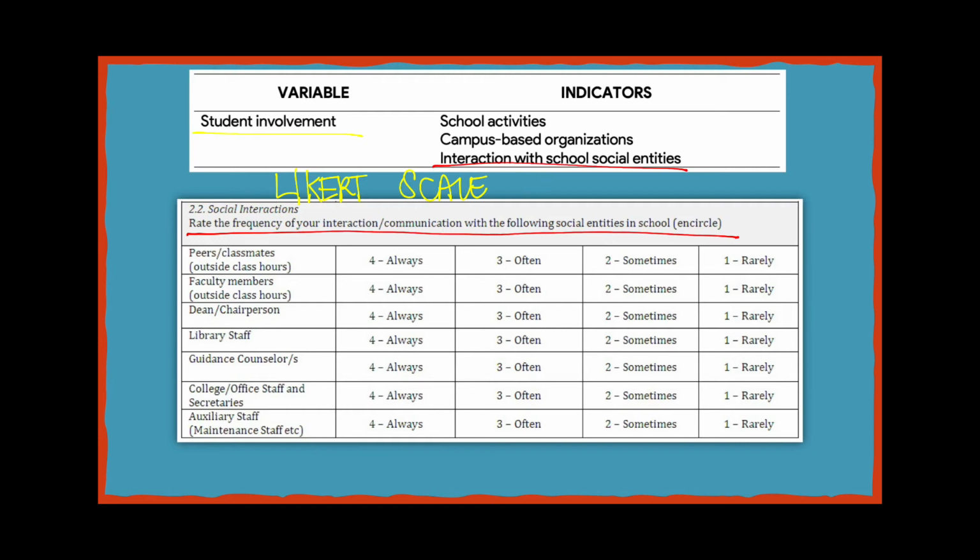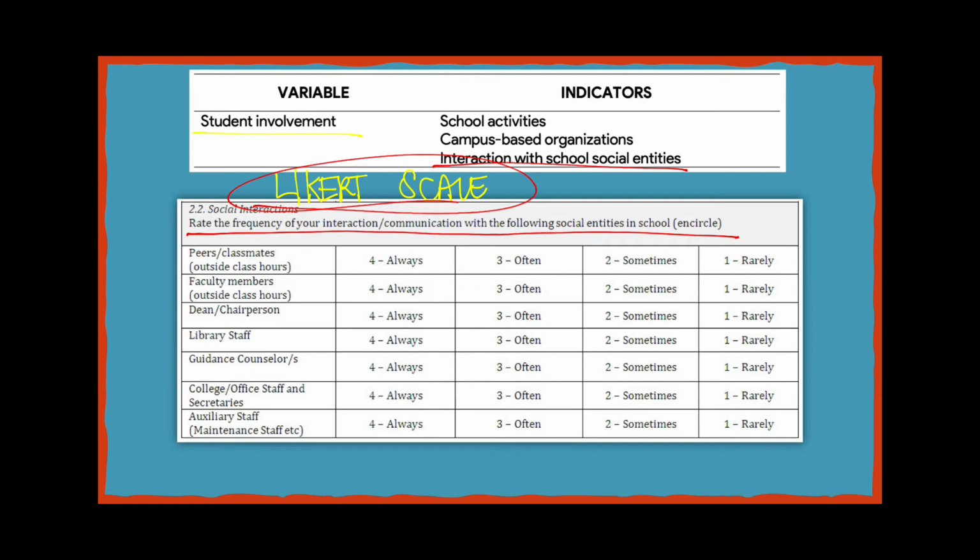So that again, they will be able to easily understand and they will be able to give you a more honest and correct and precise answer. So this is an example of what we call a Likert scale. Likert scale was introduced by Rensis Likert. Sorry, it's Likert. And usually there's a 5-point, a 4-point, a 3-point or a 7-point Likert scale based on certain sentiments that we attach to a certain